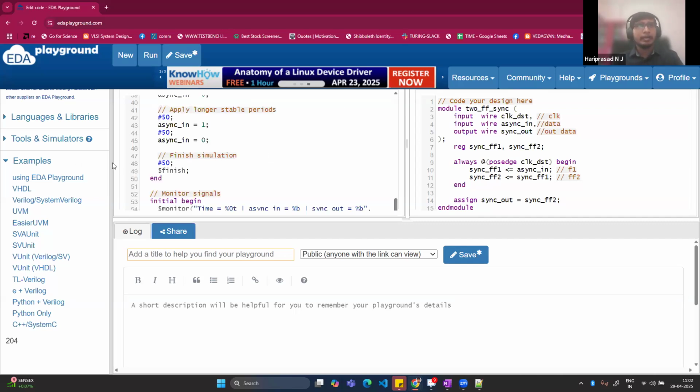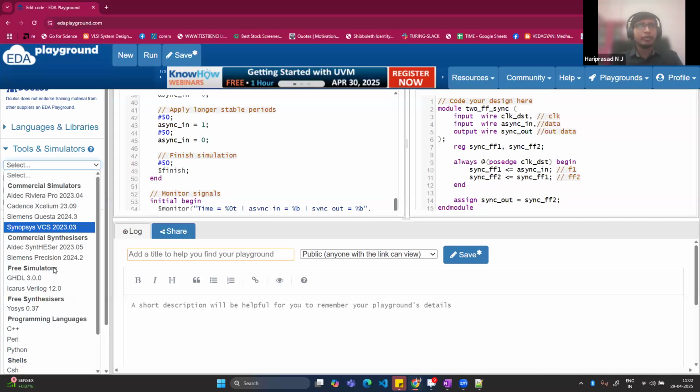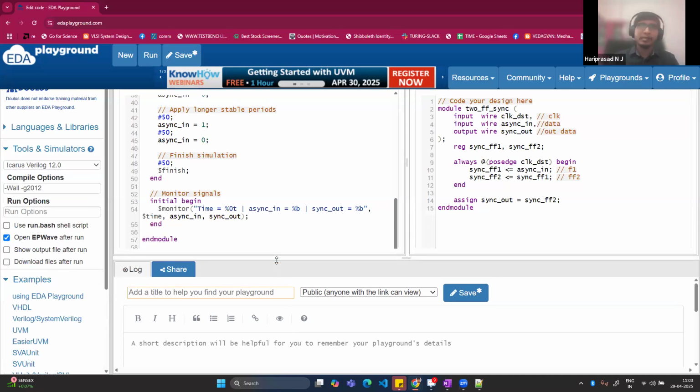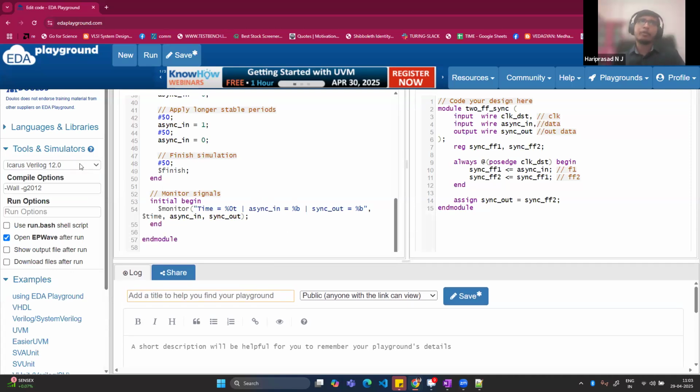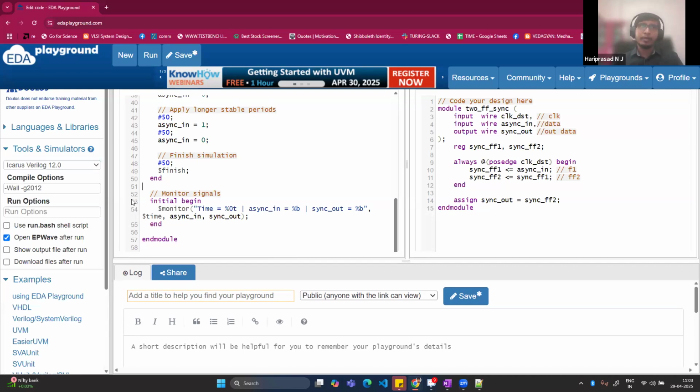And here, in the EDA Playground, in the tools and simulators, you have to click on EPWave, open EPWave after run. And in this, you have to choose the Icarus simulator. This is for Verilog. Most of the simulators are available if you want to run it in ModelSim and others. If you give the institution email ID, they will allow you to use all the simulators. You have Cadence,